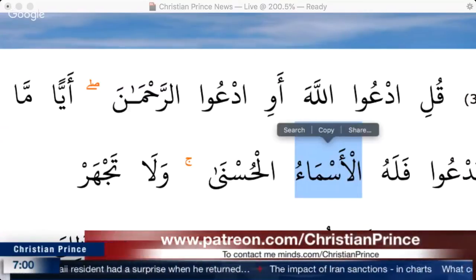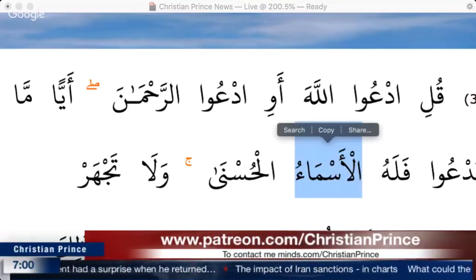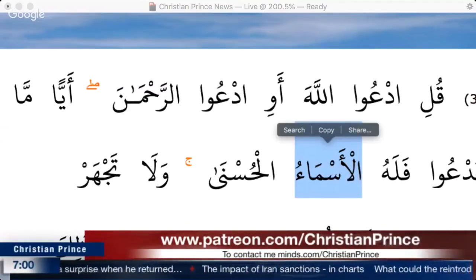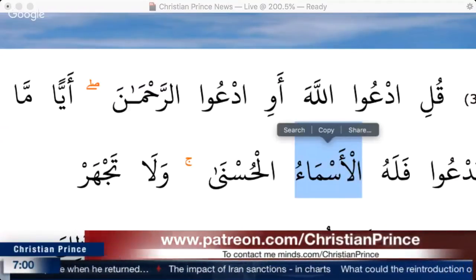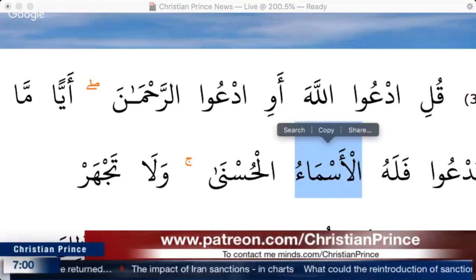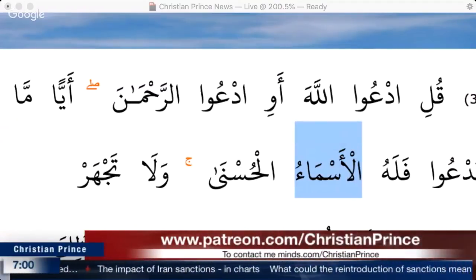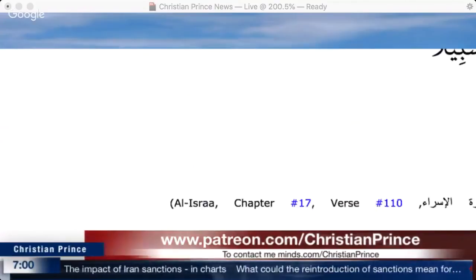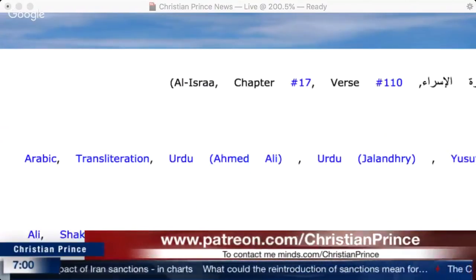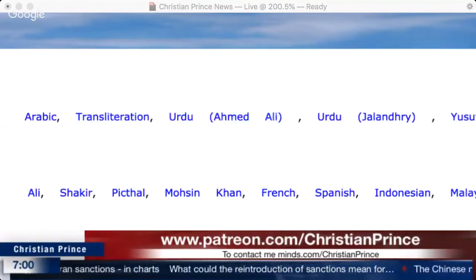I'm not talking about the language now. This is not about how you feel. It's about language. The Arabic is so clear. Here he's confirming that Ar-Rahman is a name, and Allah deserves it, for all the good names belong to Him. Those are the good names belonging to Allah.